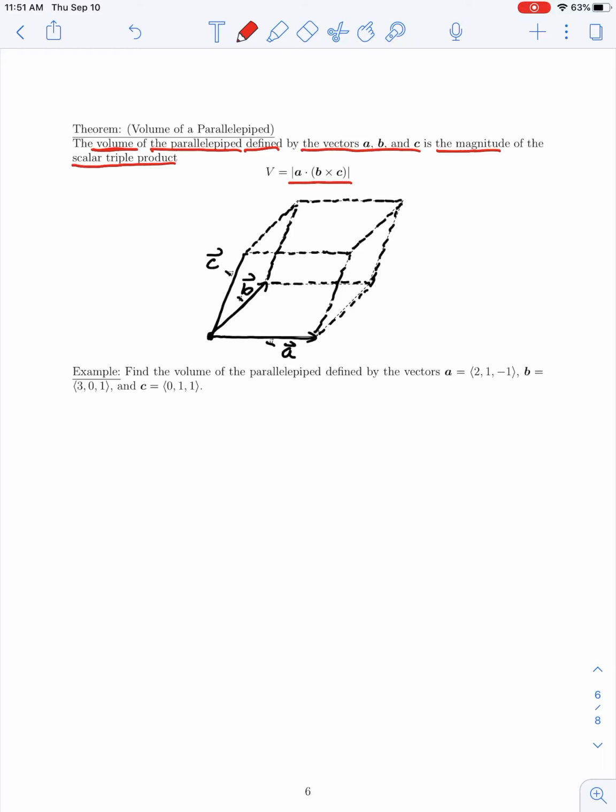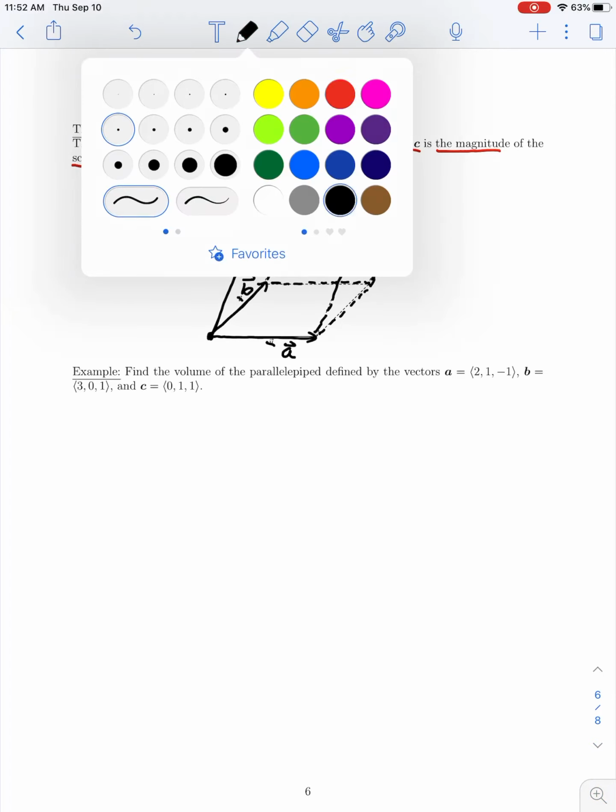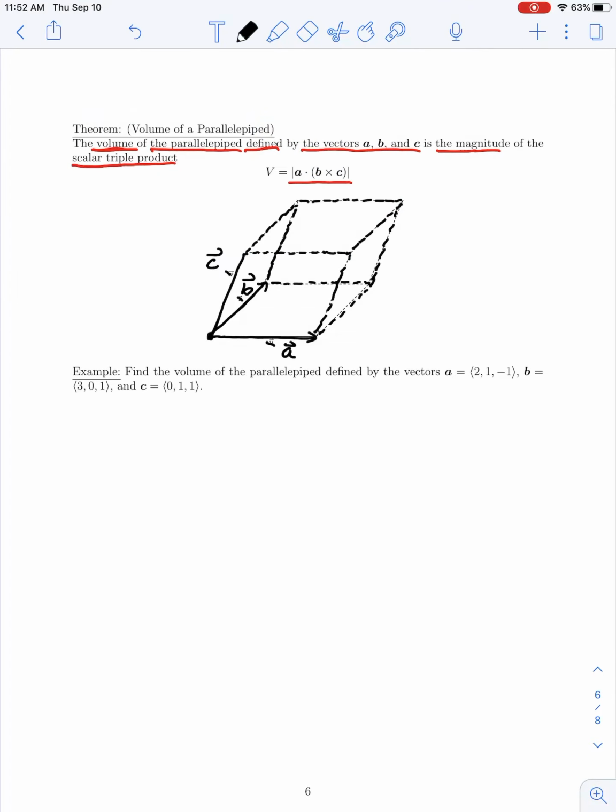So let us consider the following problem. We are asked for the volume of the parallelepiped determined by the vectors A, B, and C, whose components are given here. So using our new theorem, we know the volume would be given by the absolute value of the scalar triple product of these vectors. So let's start by calculating that scalar triple product. That is A dot B cross C,